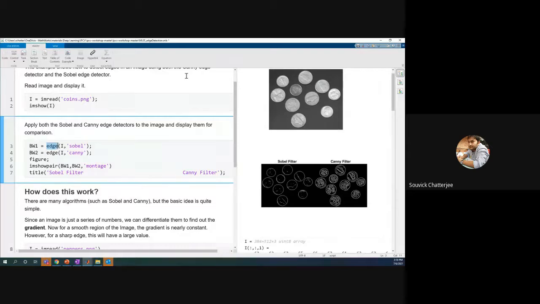Yeah, if you have any questions on edge detection, or as we go along on any of these topics, please feel free to ask, please feel free to put it in the chat window, and we can discuss your specific problem as well.